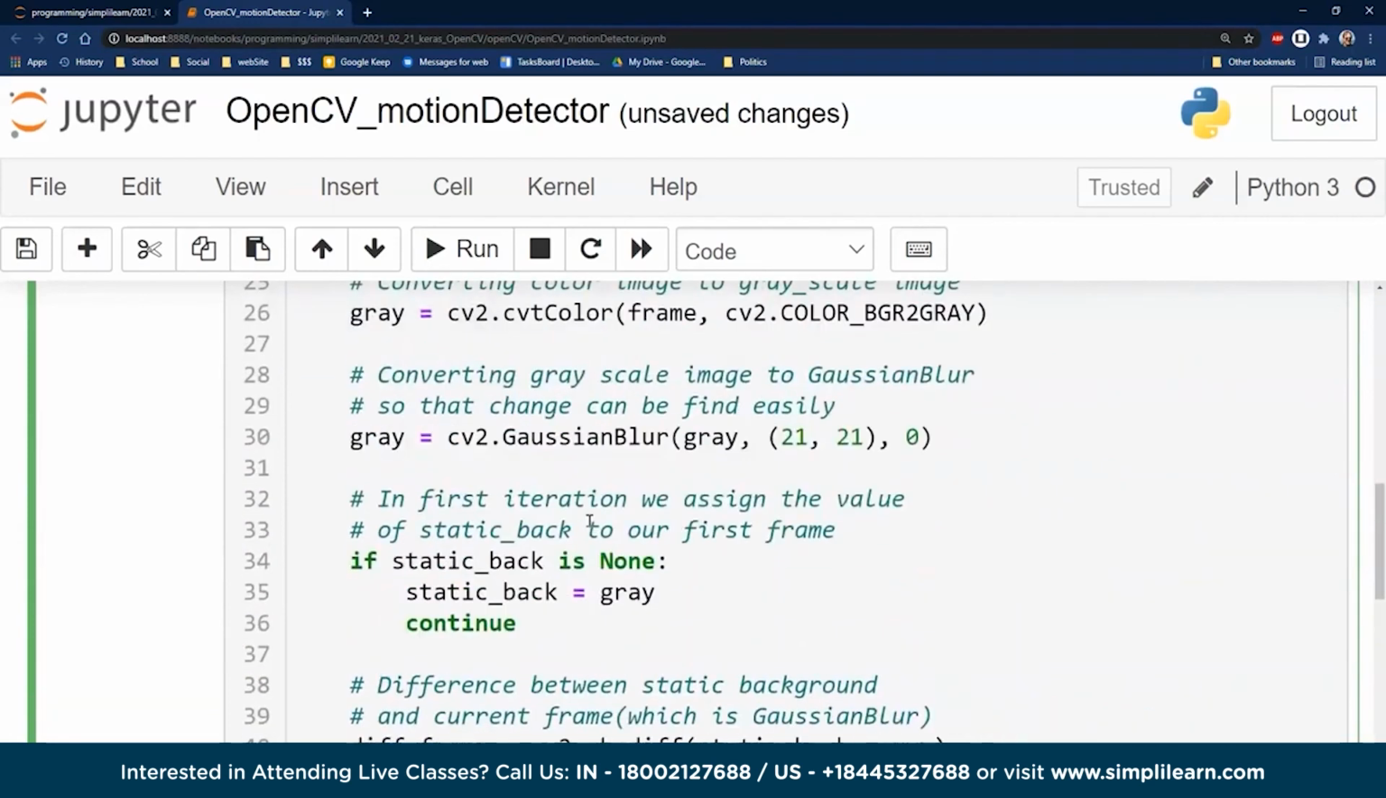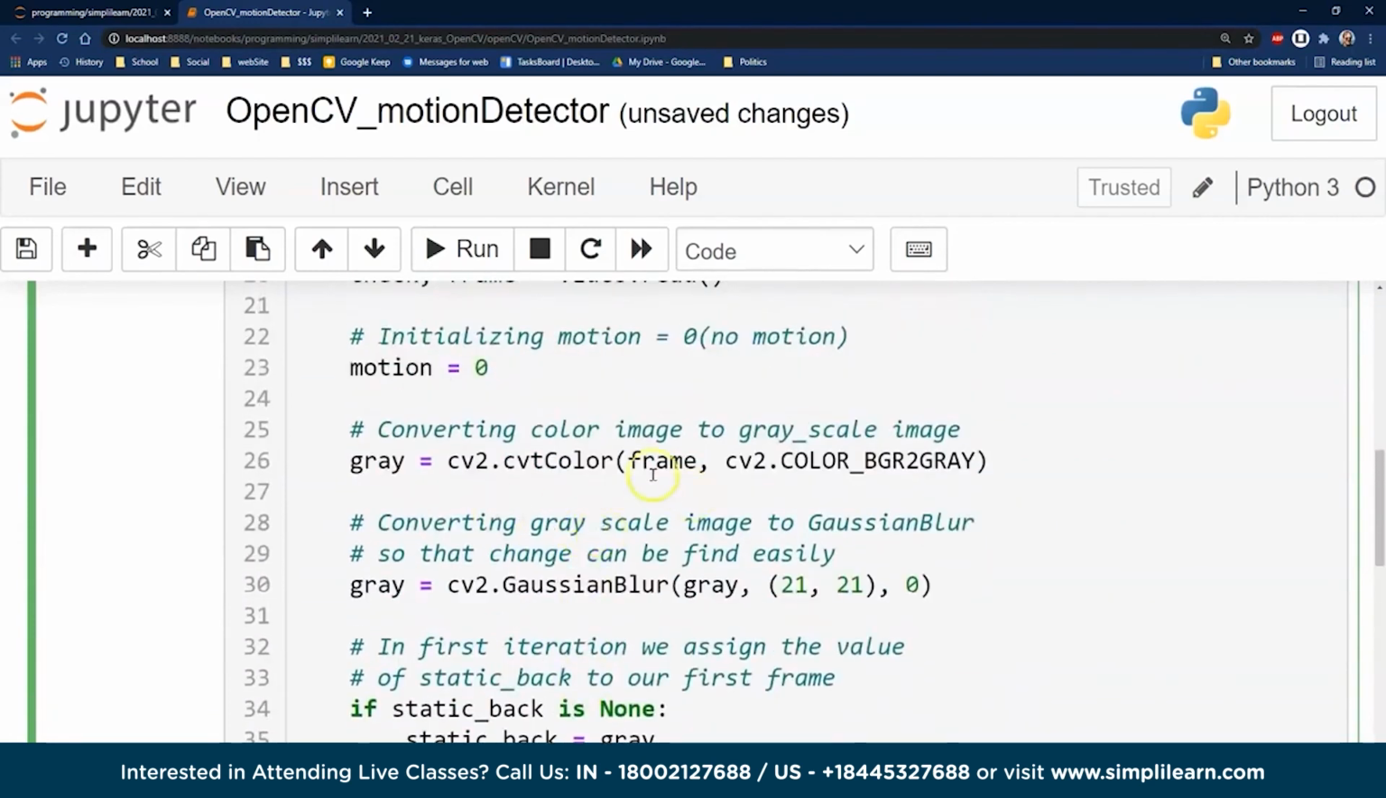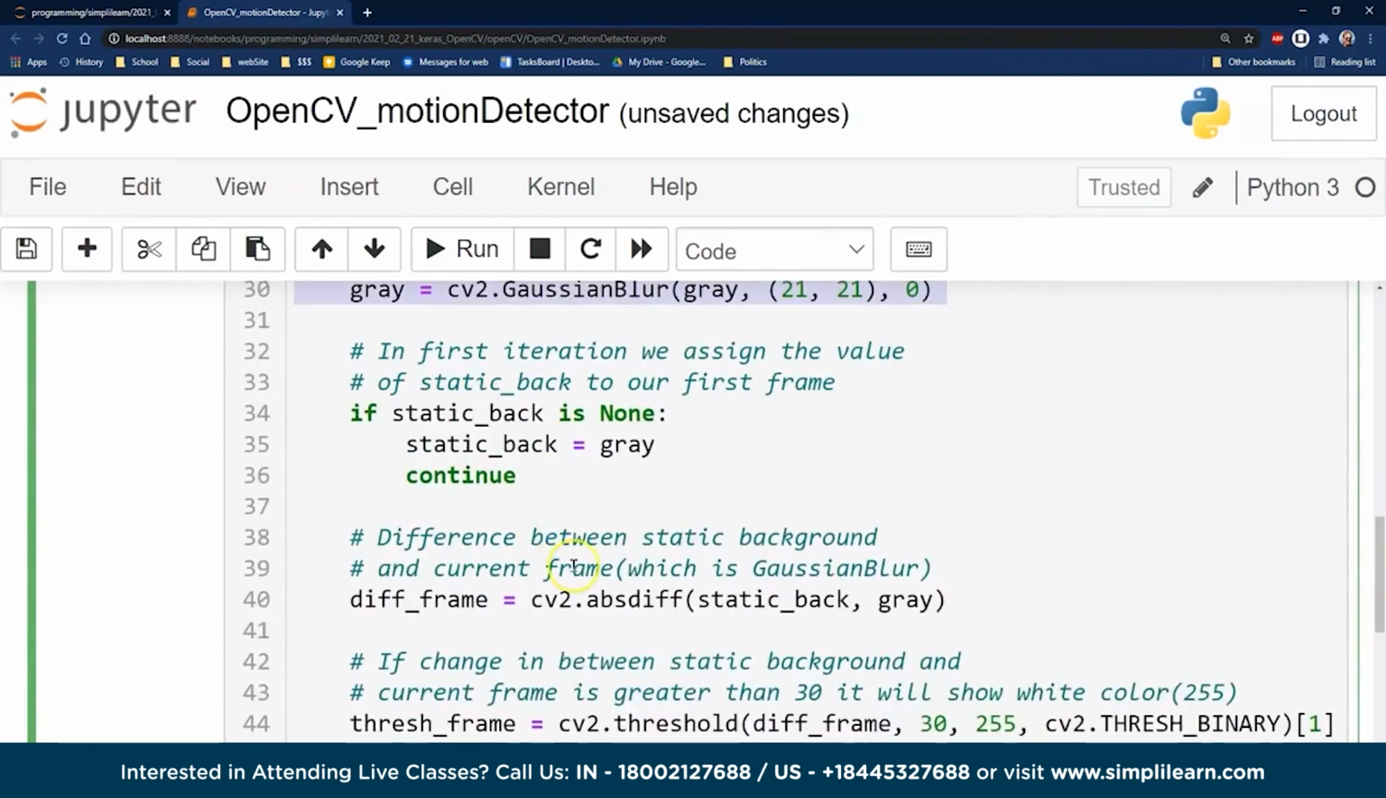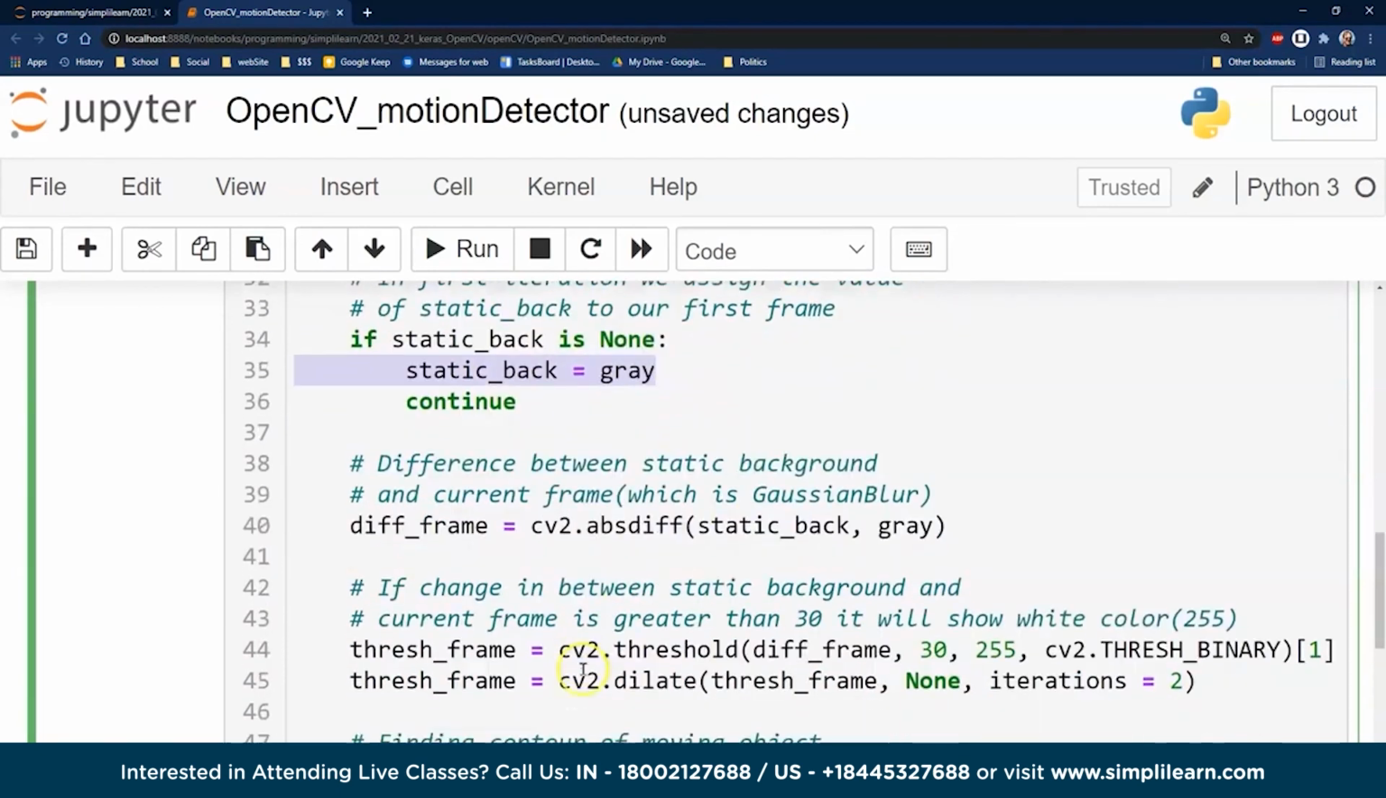So let's go back up here and go over that real quick, because I did each line as we went. First thing we're doing is converting it to gray. Why? It's easier to see gray. You can see the differences in movements and things like that in gray a lot better than in color. Next, we're going to blur the gray. This just makes it easier to see the changes going on. We've reset our static back to None, so we initialize our background to gray. So if it's None, then we want the static back to be whatever the gray value is of our first